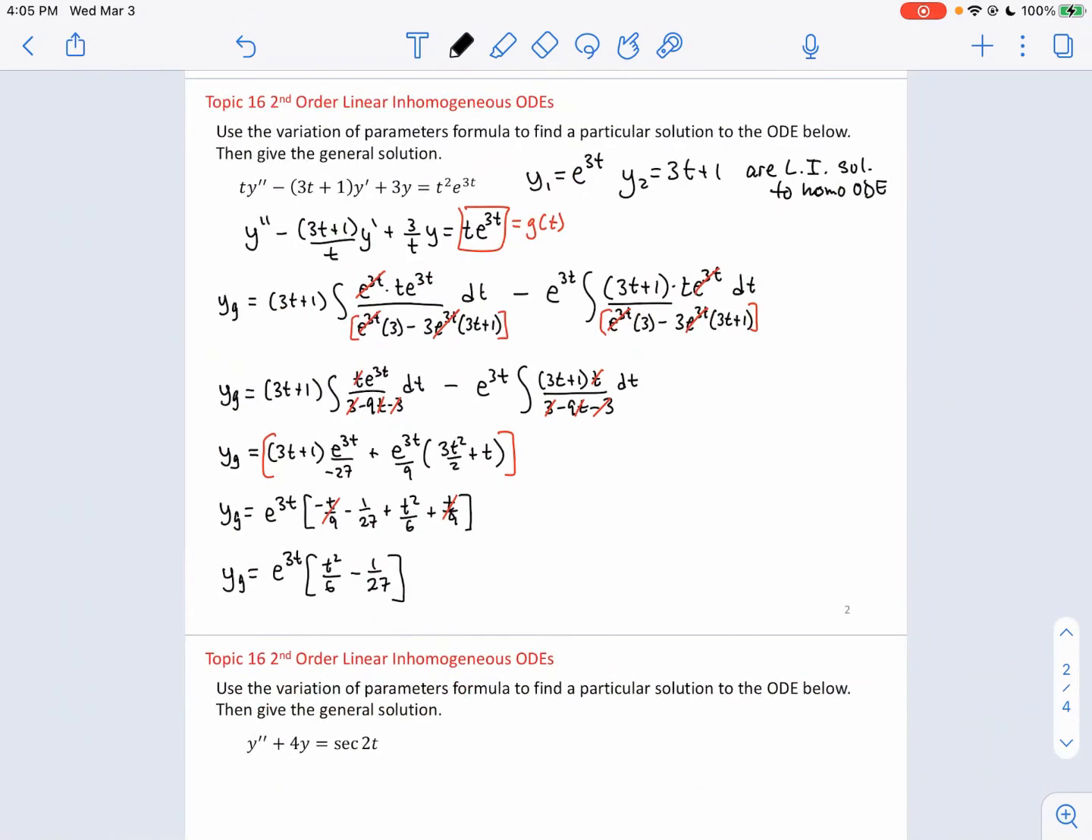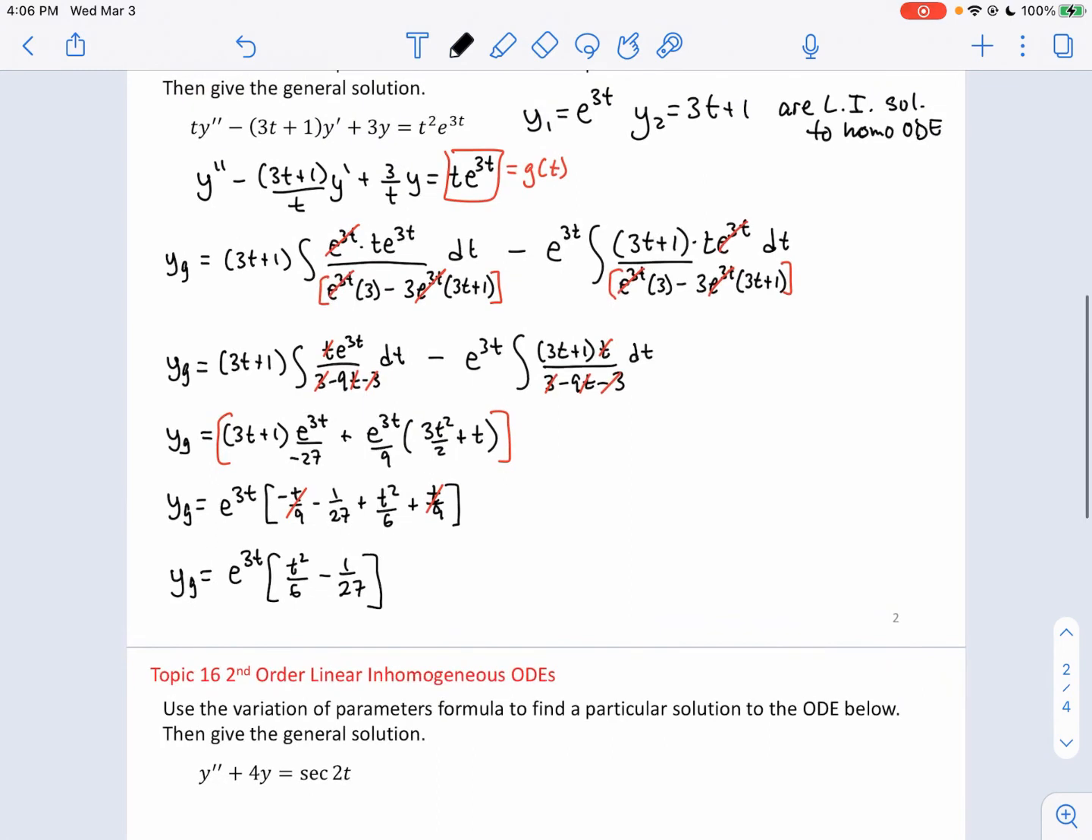Okay, that's the particular solution. I would leave it to you to take the time to show that this function here will be a solution to this inhomogeneous second order ODE with non-constant coefficients. But now we want to construct the general solution. So the general solution